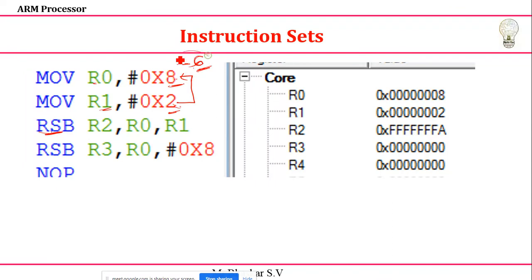But this minus 6, how will it be displayed in my system? It will be represented in terms of 2's complement form. You need to take the 2's complement form of minus 6. So take 6 first. 6 will be taken as 0x00000006, with the first byte, second byte, third byte, and 06. Next, you need to split this in terms of binary values. So how to split 6? What is 6 in terms of 4 bits? How to represent?